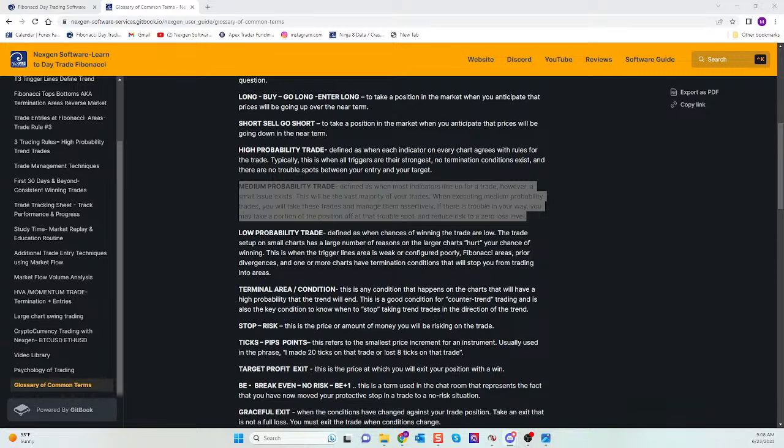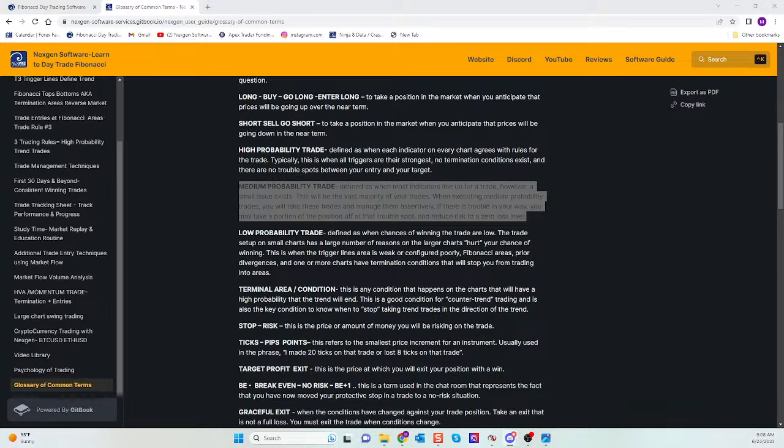But when you execute a medium probability trade, you're going to have to take them and manage them assertively. Your ability to read your charts, your ability to take the information that the indicators are giving you in the moment, process it, that's going to allow you to manage it assertively. If there's trouble in your way, you're going to identify it through your chart reading, guys. These are the trades where you take quick profits. Medium probability trades aren't always home run trades. You may take quick profits at a trouble spot, get to a zero loss level, and be okay with a base hit now and then, guys. And it's these base hits that add up. If your daily goal is 250 per contract, a couple base hits gets you there pretty quick.